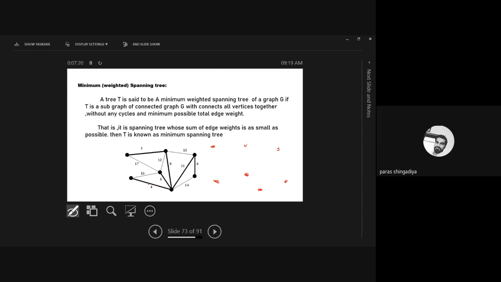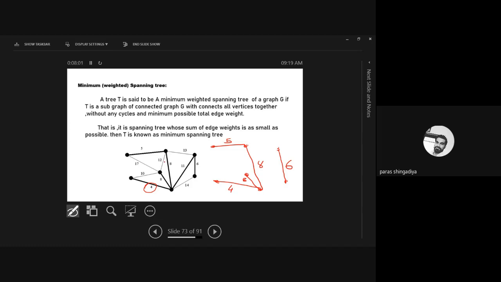That is 4. So first we'll consider this edge whose weight is minimum. First we'll connect these two vertices, that is weight 4. Then next is 5, so connect this edge, that is weight 5. And then 6, so connect these two vertices, that is weight 6, clear. Still the graph is disconnected and it has no cycle. After 6, that is 8, so connect this edge, weight 8, and also connect this vertex, that is also weight 8. Still the graph is disconnected and it has no cycle, कोई भी cycle defined नहीं हो रही है.